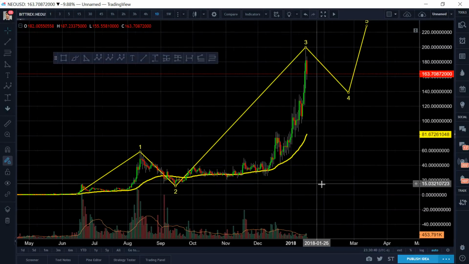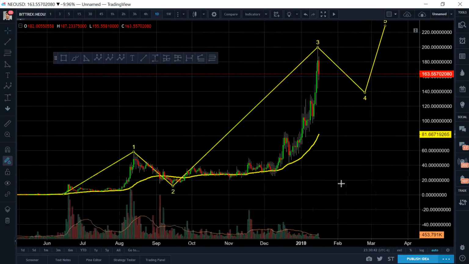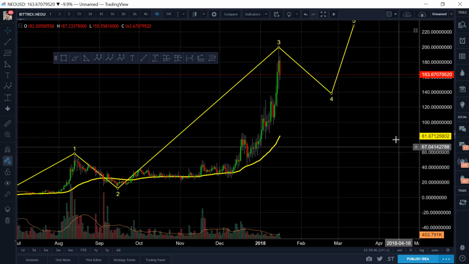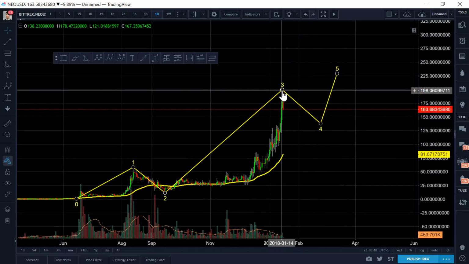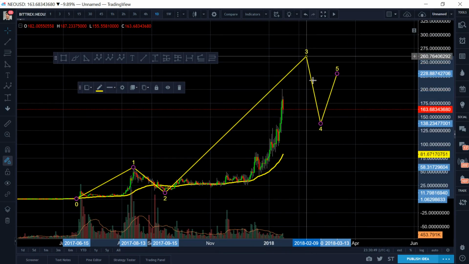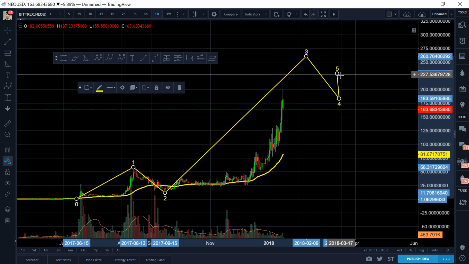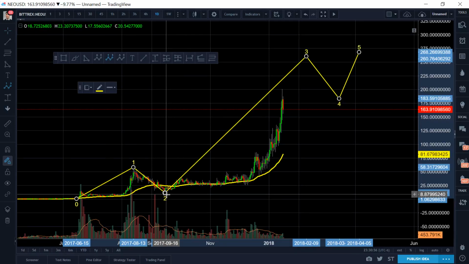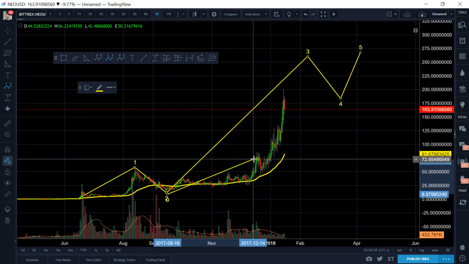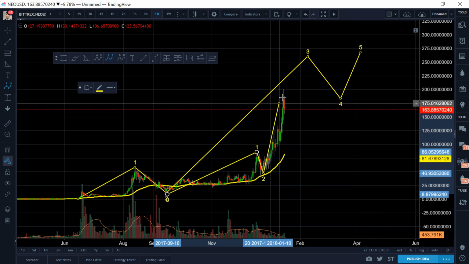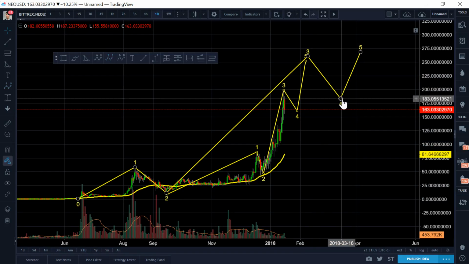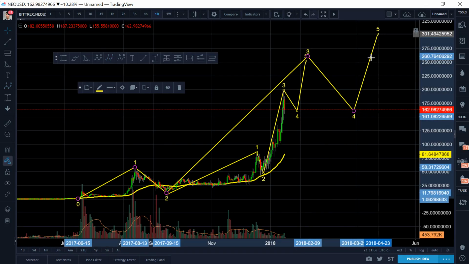Now, we're going to cover all the scenarios, and I've gone through all of them. There's 2 different scenarios. There's one scenario where wave 3 is not done yet, okay? And then there's a 5th one in there like that somewhere, where this one makes basically a 1. This is a 2, 3, and a 4, and a 5 up there somewhere, and then it corrects to 4, okay? That is one possible variation.